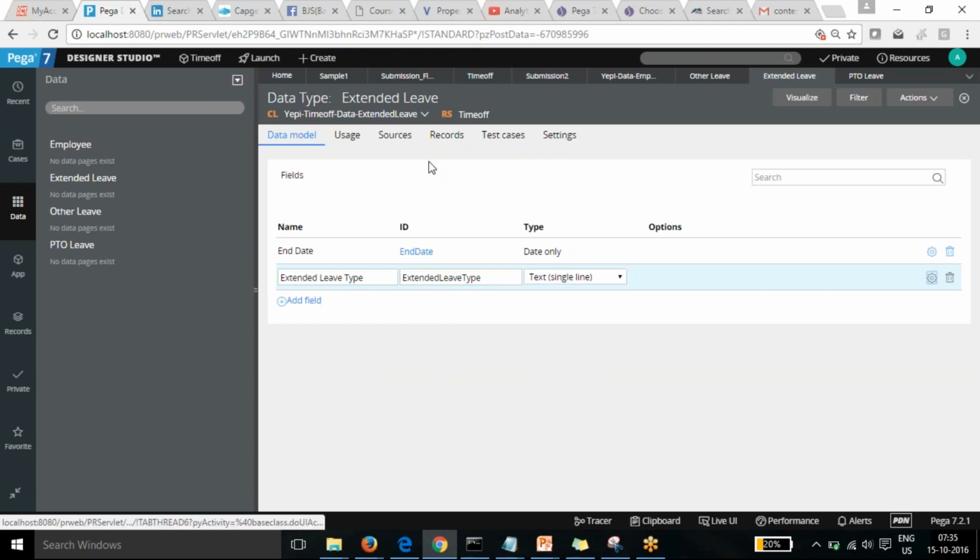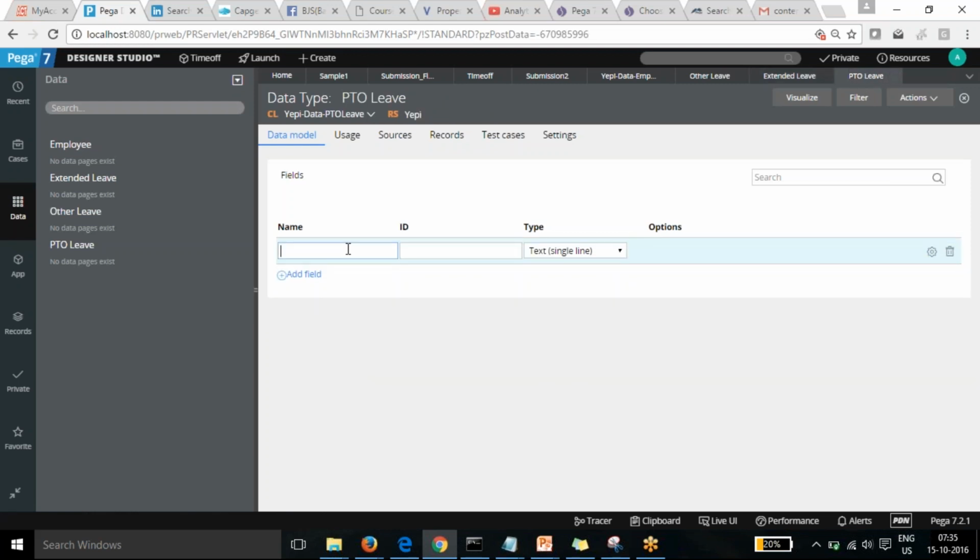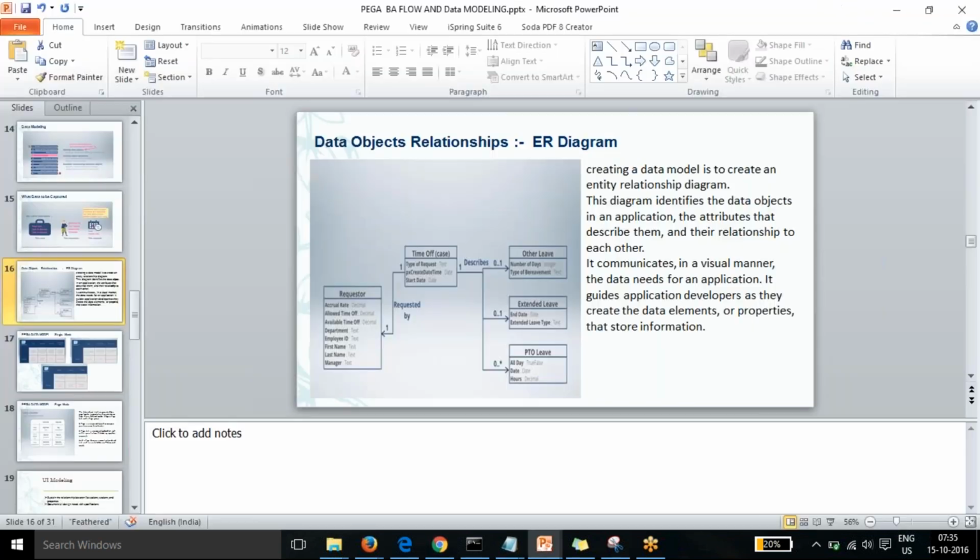Okay, so this way two fields are added here, and I go to the PTO. In PTO I have to add three fields: all day, date and hours.